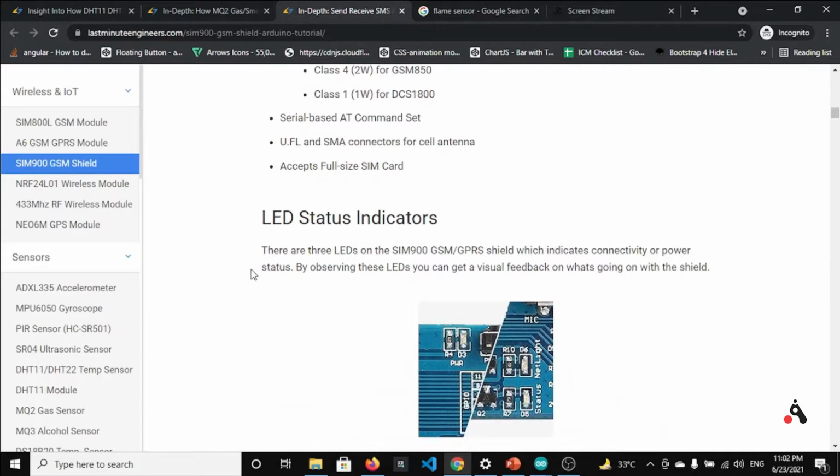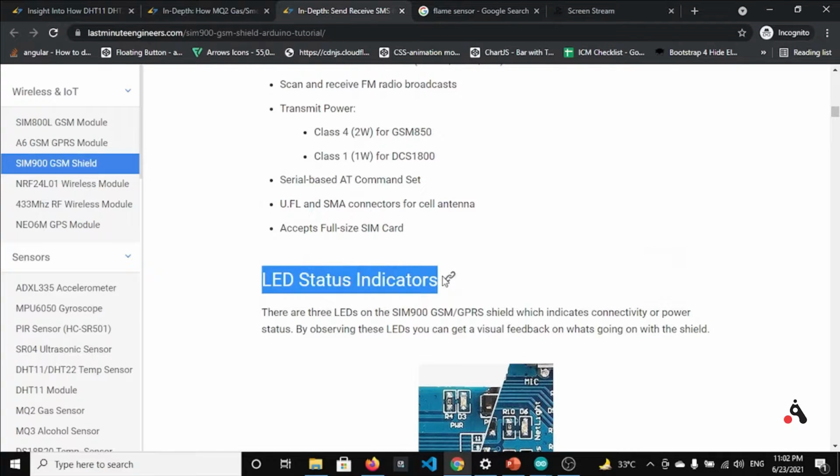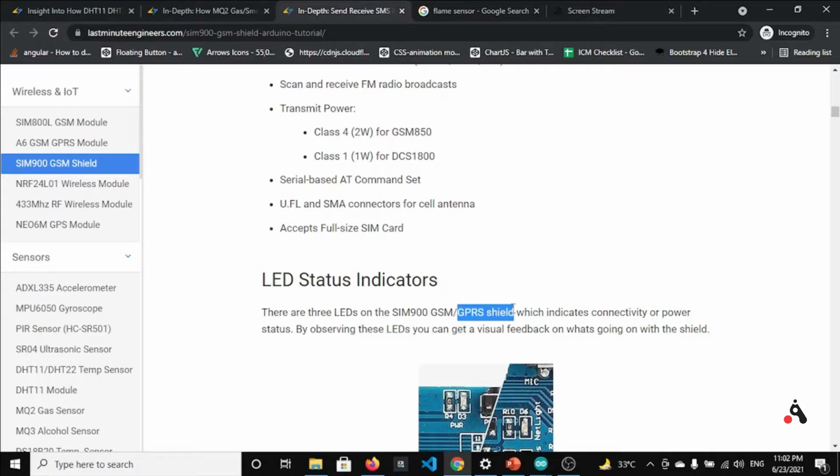And apart from it, we have an LED status indicator, which is very important for this module. When you insert your SIM, it will blink very fast, like the delay between the blinks is 1 second or less. But after it is connected to a network, if you have an Airtel network or a Jio network, when it is connected to that network, it will start blinking very slowly. You can also see the same on my setup.